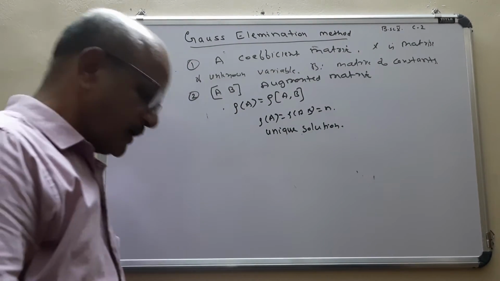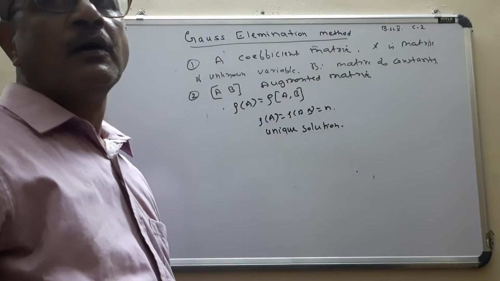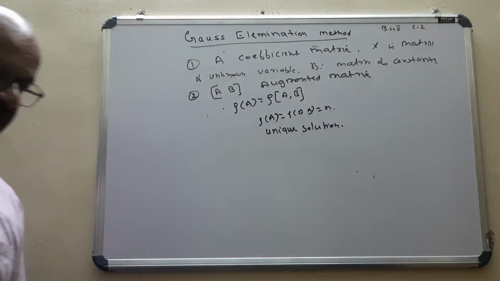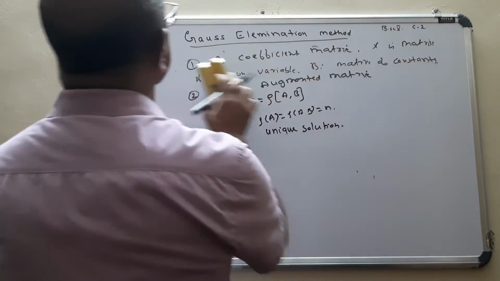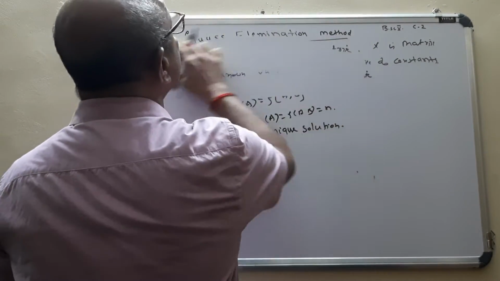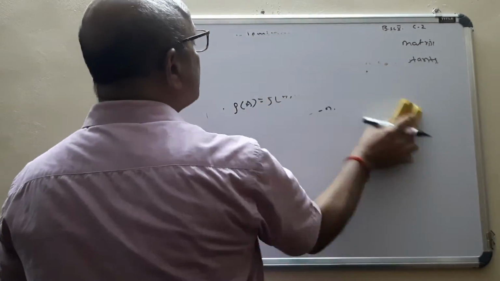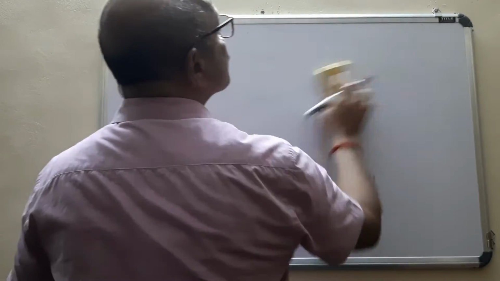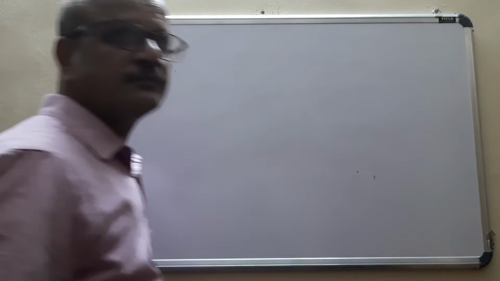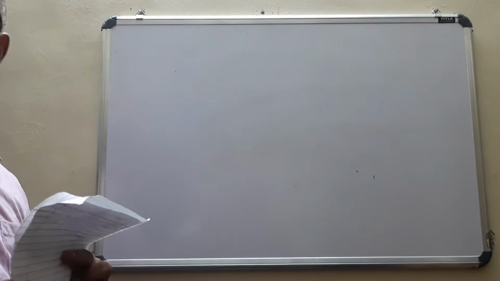And here we are going to solve only these types of equations. Now this is the general method of solving n linear equations in n unknowns. Now in examinations, sometimes they don't ask the question like this. They will give a system of n linear equations in n unknowns, say a system of 3 linear equations in 3 unknowns. Say for example, the question may be like this.